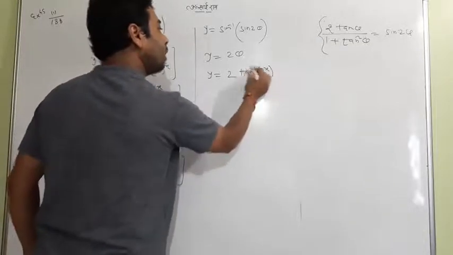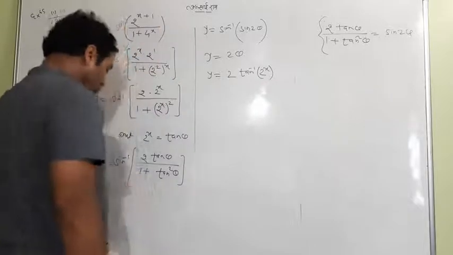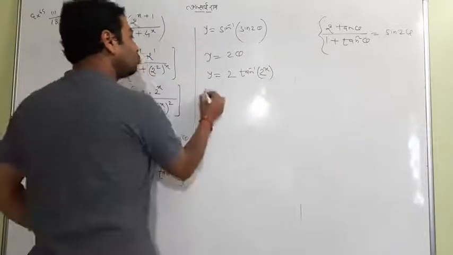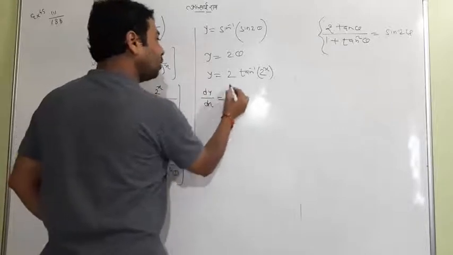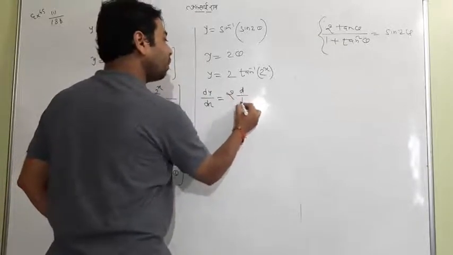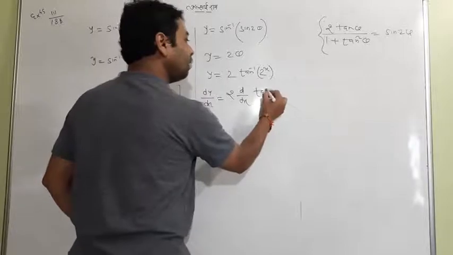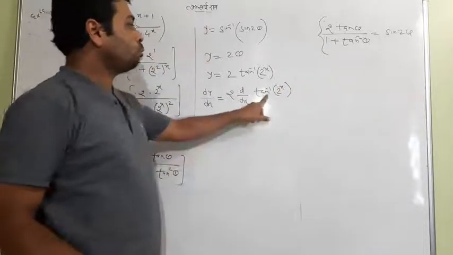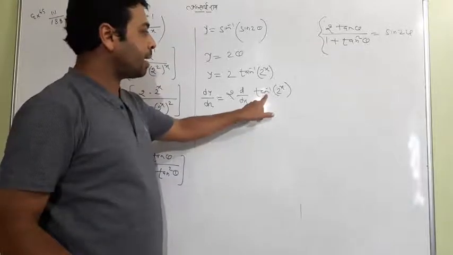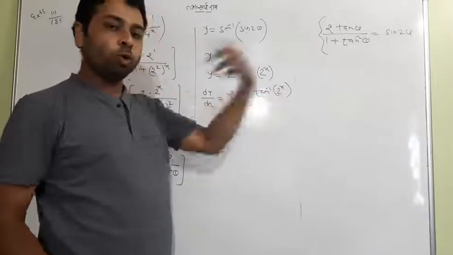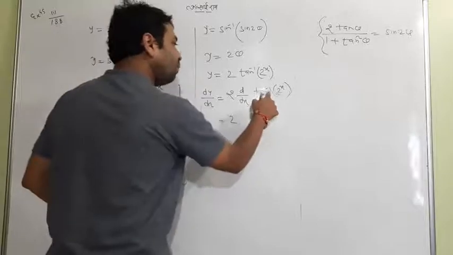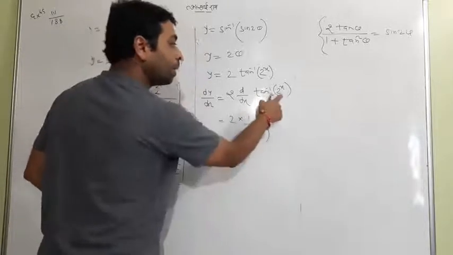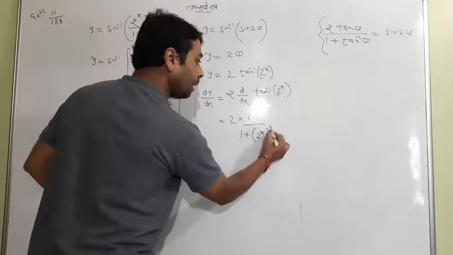So that is very good. Actually the question has come here. You have to learn that this is the first time 2 to the power x is coming. So now it's time to do the differentiation. 2 is a constant value. Come ahead: d by dx of tan inverse of 2 to the power x. It's a function of function. So first you do the differentiation of tan inverse, and then by the chain rule 2 to the power x will be differentiated. Tan inverse has the differentiation 1 upon 1 plus x square, but this time your x is 2 to the power x.